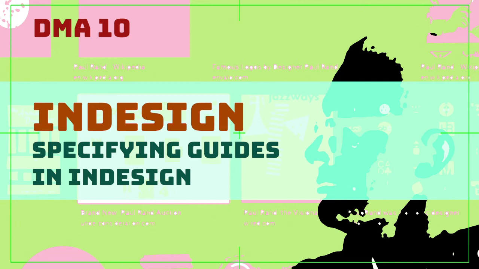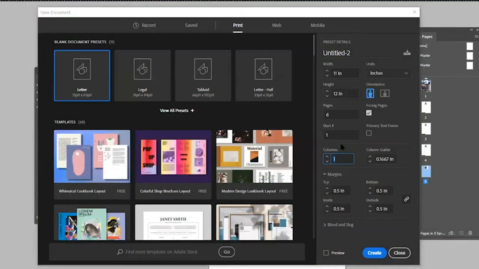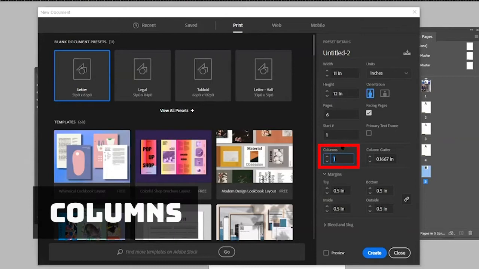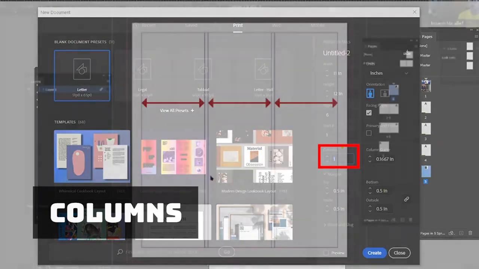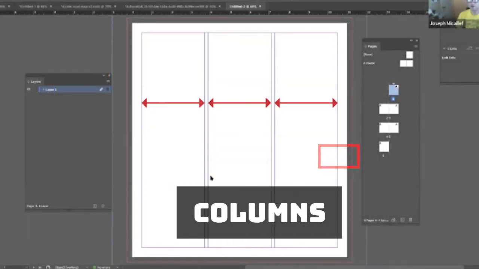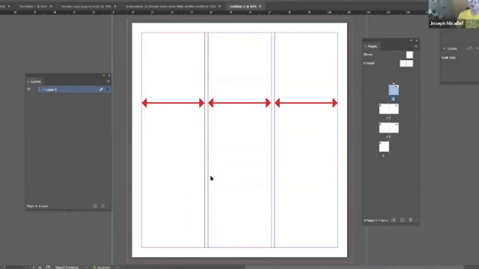But you also have types of guides that are particular to page layout, and you have columns. So columns are guides that go from top to bottom. They're vertical guides, and when you set your columns, they're going to be equally spaced. So if you have 3 columns, you're going to have columns equally spaced, basically with 2 guides separating the columns